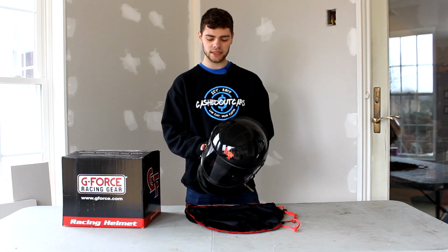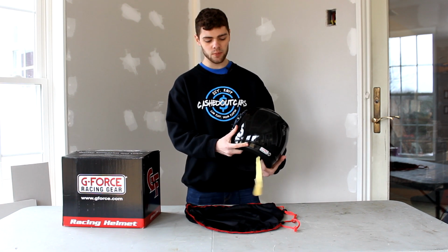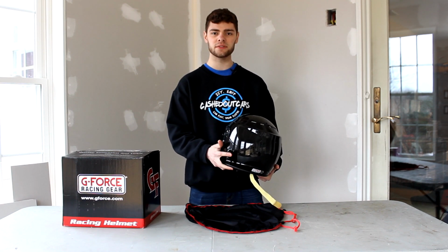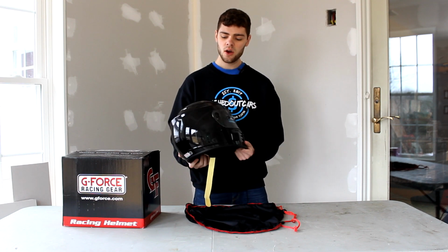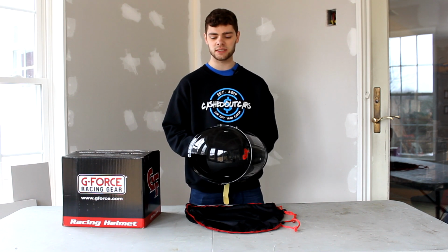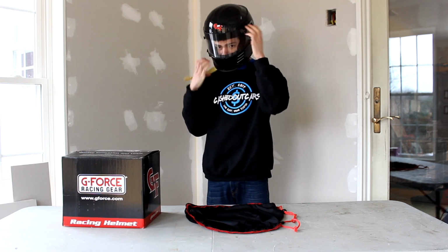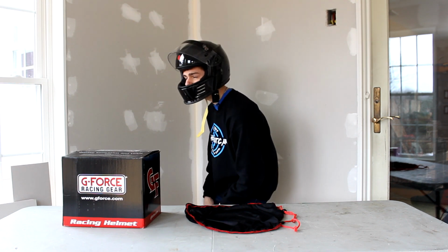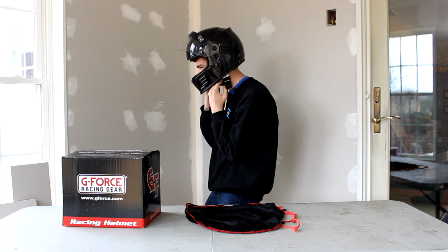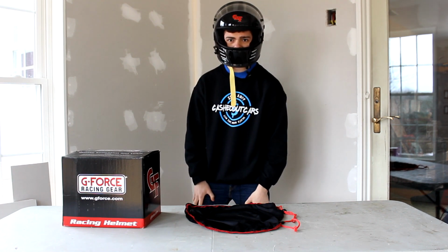Another thing to look at with this helmet is, since this is an SA15 rated helmet, it does come with these HANS inserts, so you could run a HANS device with it, which is very nice. One thing is this helmet fits a little bit differently than my older helmet that was an M2005 rated helmet. Now this helmet, when you put it on, sits a little bit higher on the back of your head, and it also sits a little bit higher right here with your chin compared to my old helmet. And if I had to guess, I would guess that that's because of the HANS device support,